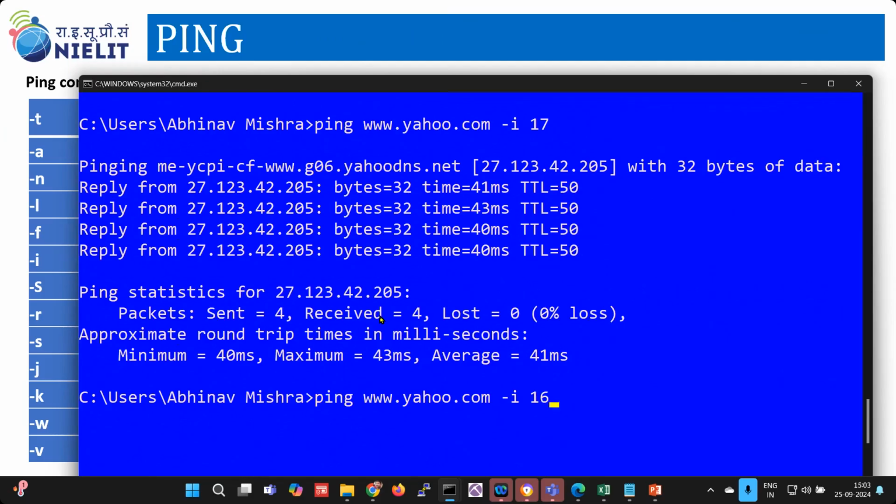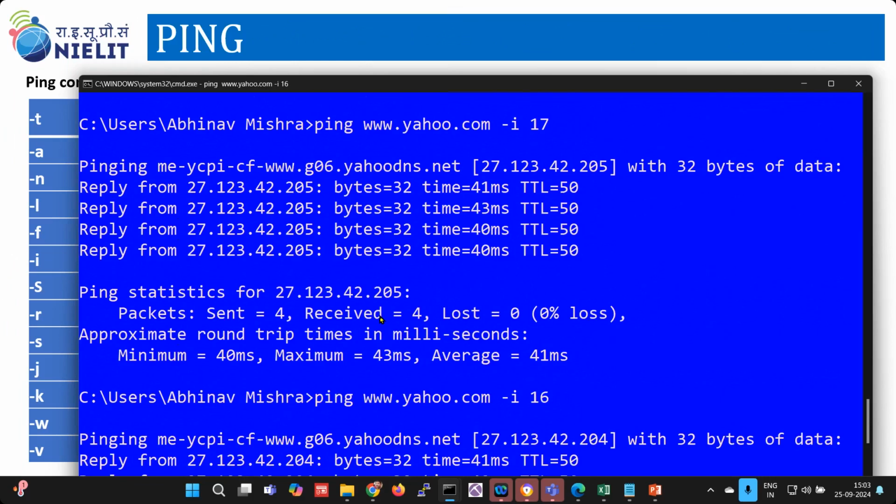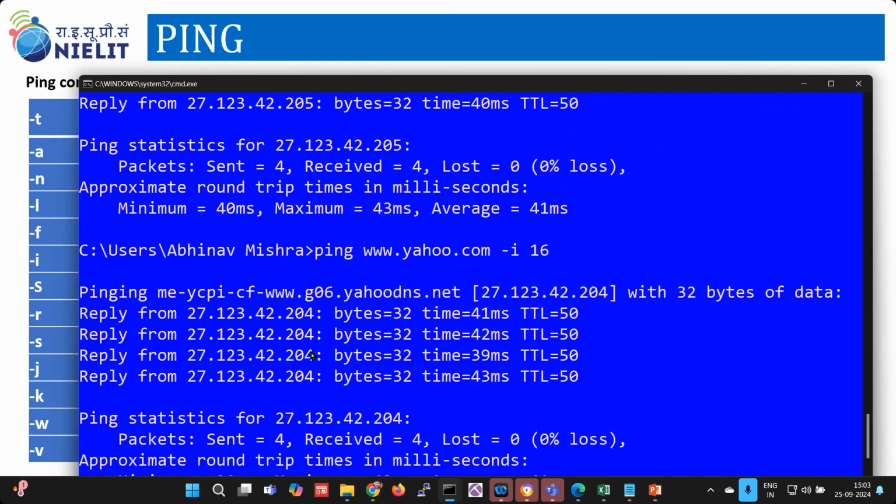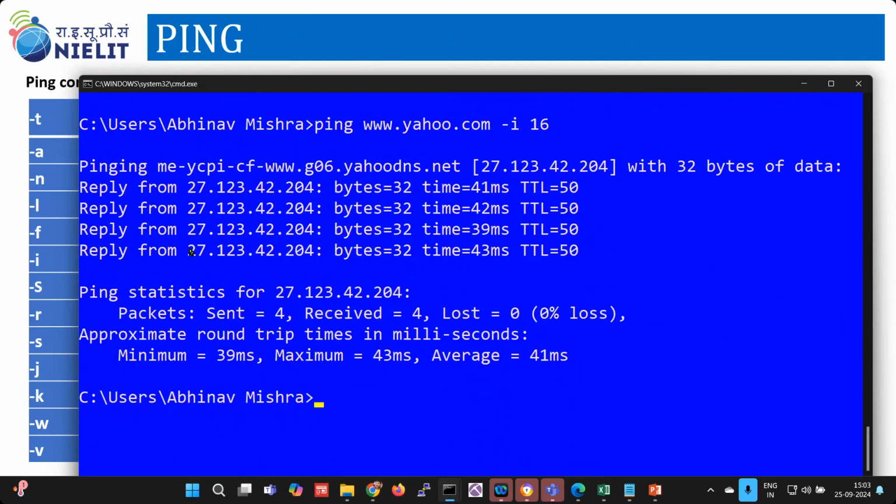So it might be possible that this time we are getting a response from some other IP address. So there might be a load balancer, or some specific provisioning, because now we are getting a reply from this IP. So it is the way to check how many routers are there, and which particular router is having this